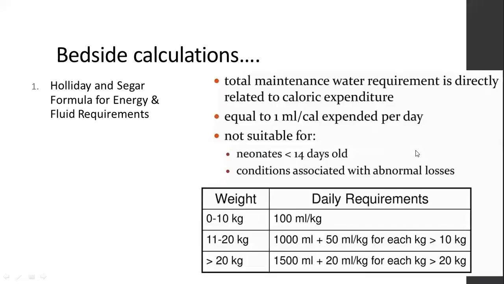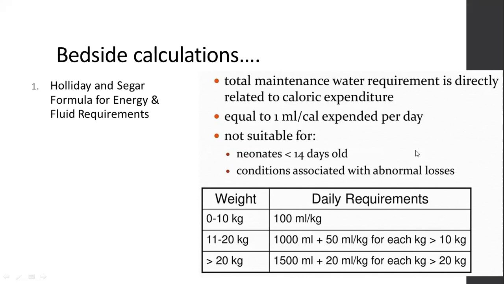This is how it is calculated. The total maintenance water requirement is compared to the energy that the child has spent. The calories the child is burning, based on that the water requirement is calculated. It's usually 1 ml per calorie that the child has spent. For example, if the child is burning around 1500 kilocalories on a daily basis, 1500 ml, that is 1.5 liters of fluid has to be taken